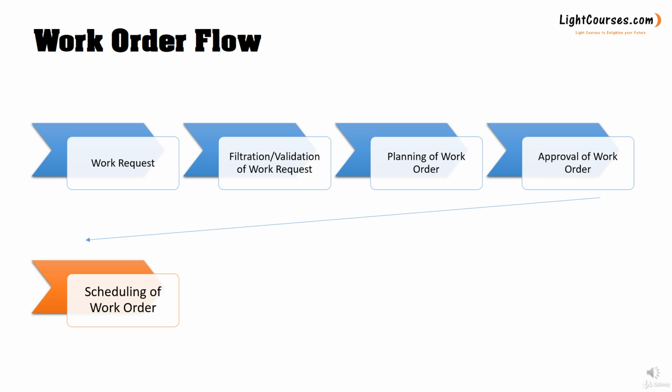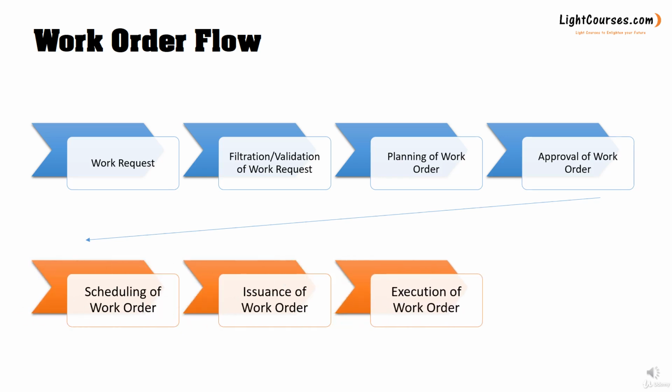The next step is the issuance of the work order itself. Once the work order is approved and scheduled, it should be issued to the execution team to be executed and completed. Then the execution team would execute the work order,